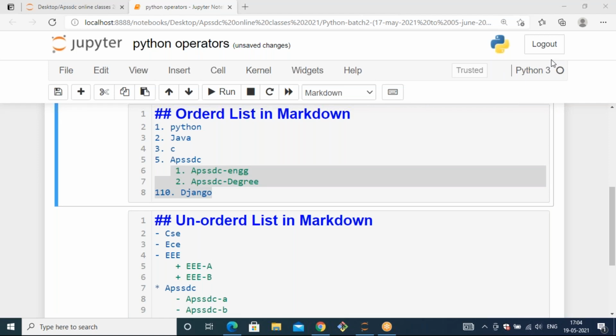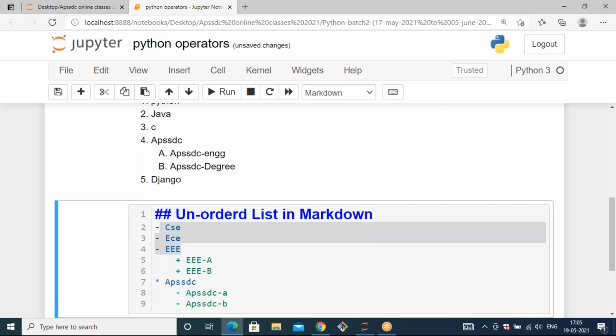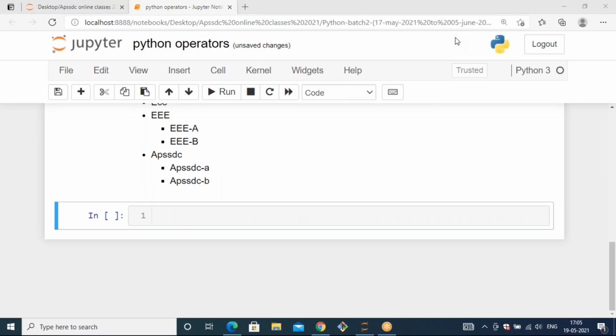Okay. Try to run those cells again after changing the tab space, and after the dot, don't forget to pass a space. There is a space after the dot. And here also, after hyphens or plus and stars, you need to specify a space. Then only we'll get the color highlighting also. This color is highlighted with respect to those spaces only. So try to observe all those things and let me know if you are getting it or not. And I'm going to run these cells again. Like this you will get.